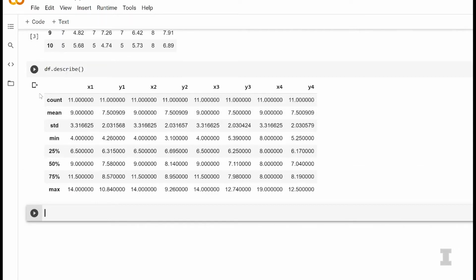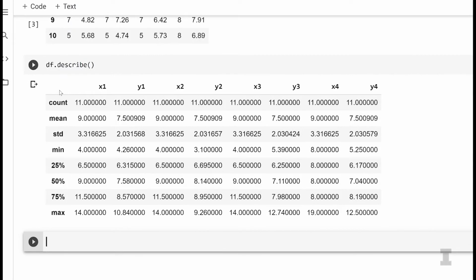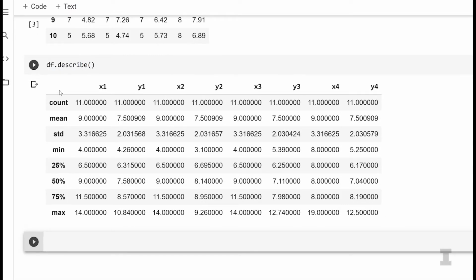So you're looking for the mean, Carly. Yes, I have mean, standard deviation, and then we're also going to look at another statistic called the correlation, which is measured by the correlation coefficient. We're going to talk a lot more about correlation in this series. But all you really need to know right now is that it measures the relationship between x and y, the linear relationship, and it ranges between -1 and +1.